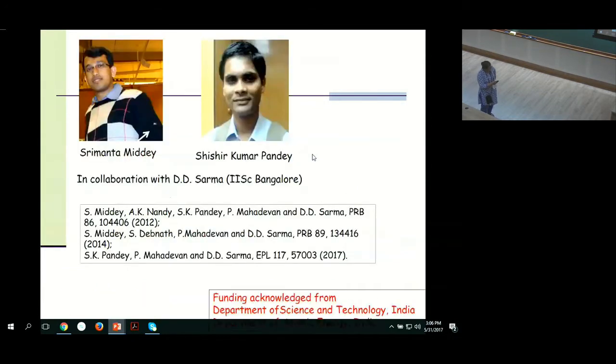And finally, I'd like to conclude by acknowledging the people who've actually carried out these works. The undoped compounds were the work of the PhD thesis of SrMnO3, who's actually an experimentalist, who, while waiting for some of his samples and experimental facilities, carried out this work with me. And the doped transition metal oxides work is part of Shishir's thesis, and these are the published references, done in collaboration with TD. Thank you for your attention.